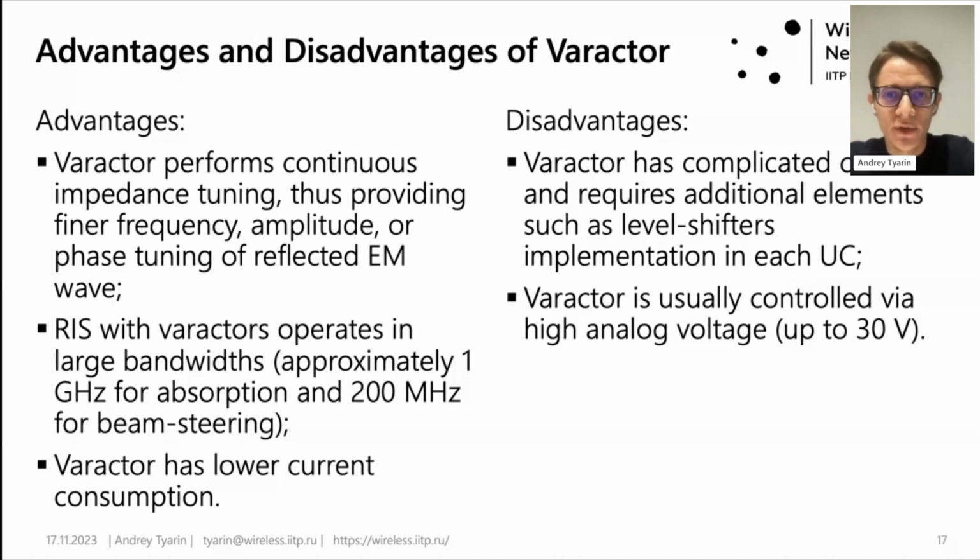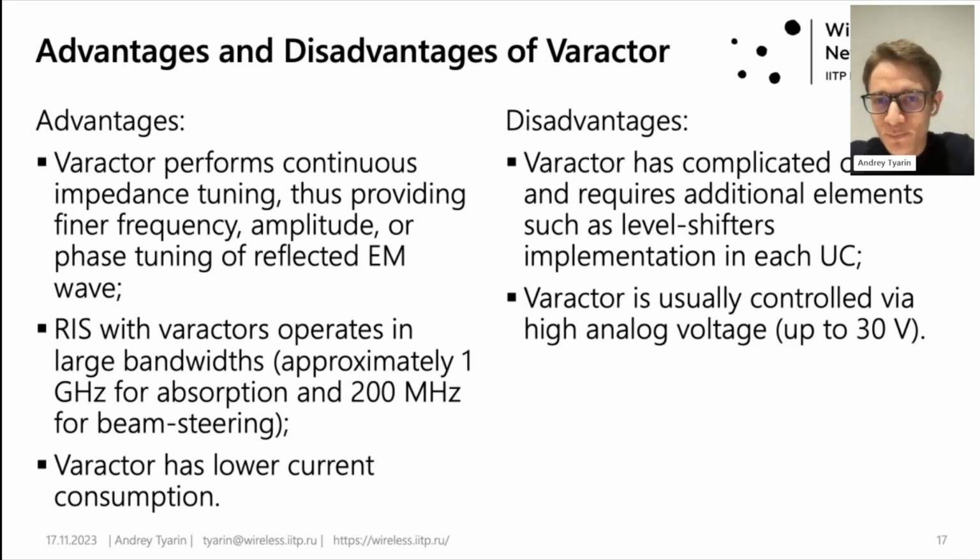RIS with a varactor operates in large bandwidths, approximately 1 GHz for absorption and 200 MHz for beam steering. The varactor has lower current consumption. And its disadvantages: the varactor has complicated control and requires additional elements such as level shifters